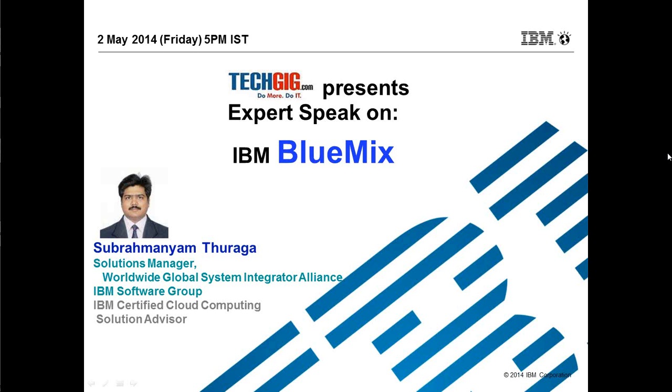Subramaniam Thuraga comes with a Bachelor Engineering degree in Computer Science, and he is an IIM Calcutta alumnus. He holds an MBA in International Business. He is an IBM Certified Cloud Computing Solution Advisor, PMP and Certified Scrum Master. His IT industry experience spans services, products, R&D, alliances, consulting, and sales. In his present role as Worldwide Software Solutions Manager and Alliance Technical Relationship Manager, his passion is to promote innovative solutions to global enterprises on IBM's cutting-edge technology.